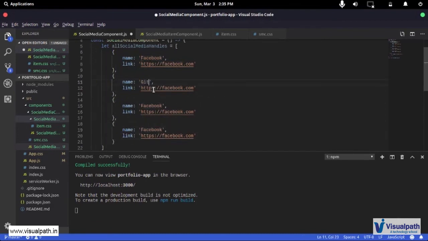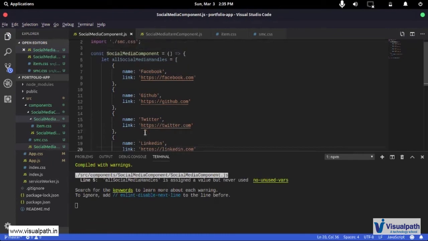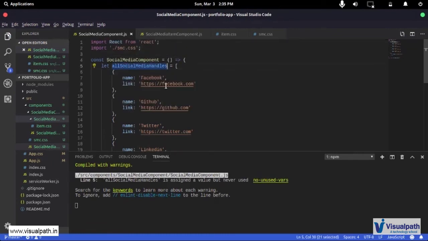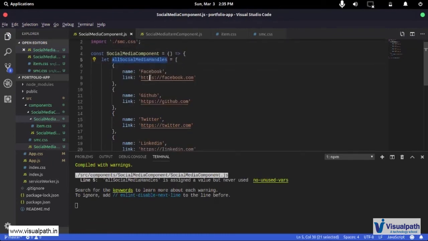So say github.com, then I'm going to have Twitter, twitter.com, and then lastly LinkedIn, linkedin.com. Now if I save this, I have access to this variable called all social media handles.